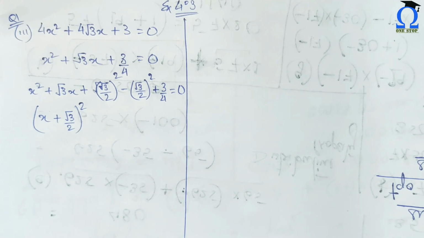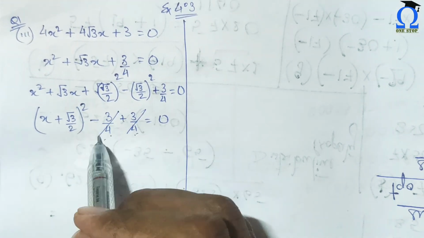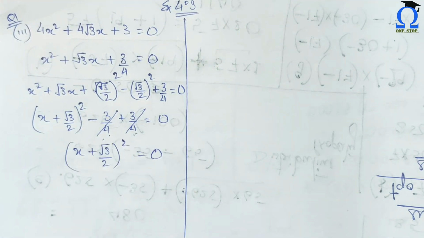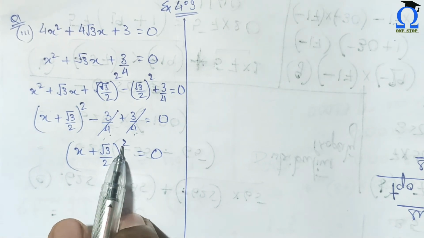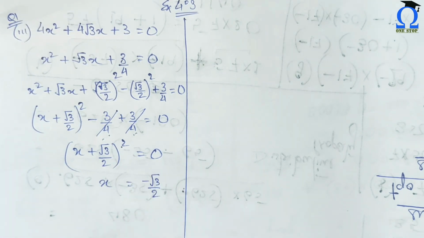Okay, and solving the rest of the part here, now see, these two became equal, so obviously these two will cancel out. Now our equation is left with this part only. So obviously when we transpose this square to that side, this 0 will remain as 0 only. So the final answer for x is minus root 3 by 2, and we have two values of x, and both the values are equal, so we'll just write them twice.